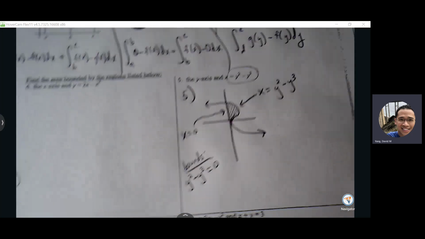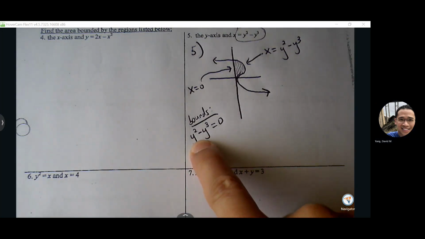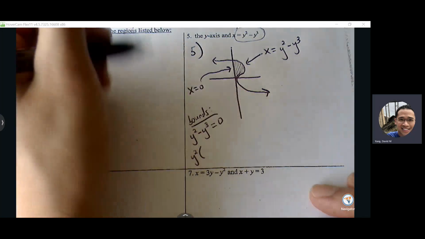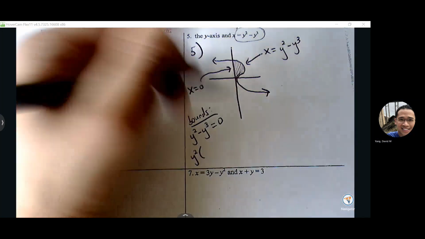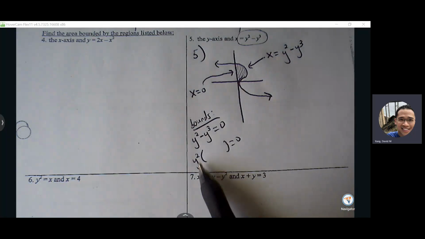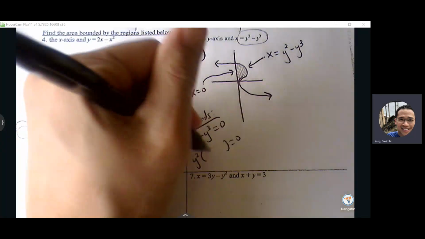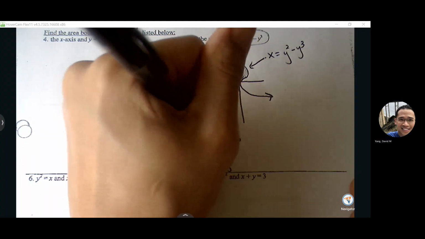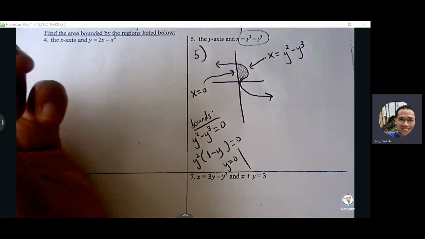Okay, what can we do here? Factor out y squared, and we're left with, if I factor out a y squared, 1 minus y. Okay. So we set both equal to 0: y squared equals 0, that's just y equals 0. If I set 1 minus y equal to 0, I get